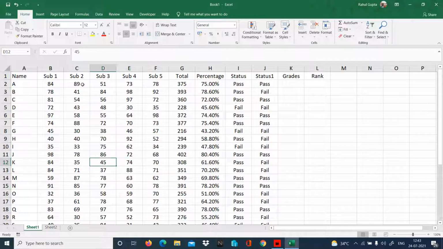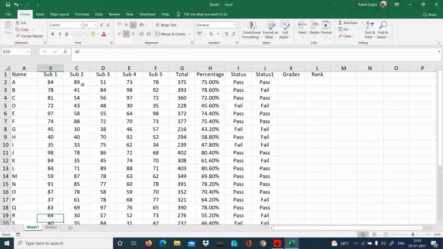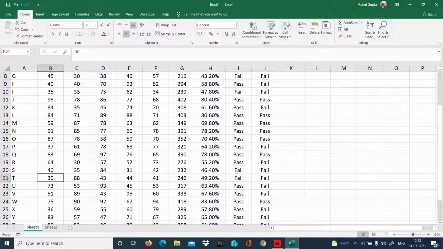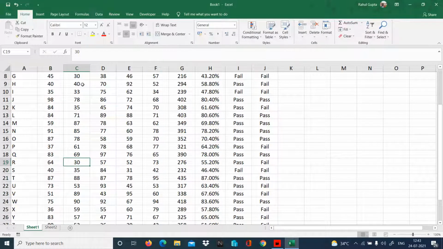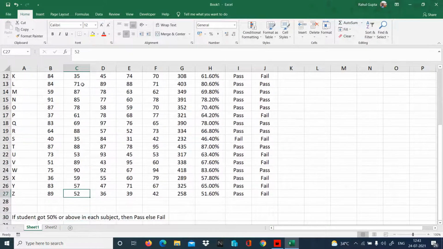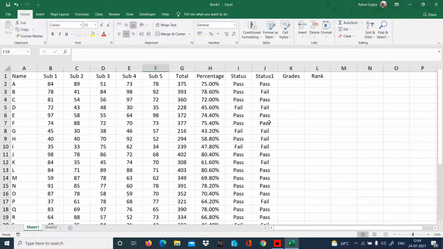On the basis of that only we have to do our more analysis concept. So there's a list of fail people. I got to make them pass. Okay, this is the last one which we are making pass and then moving on to the next step.